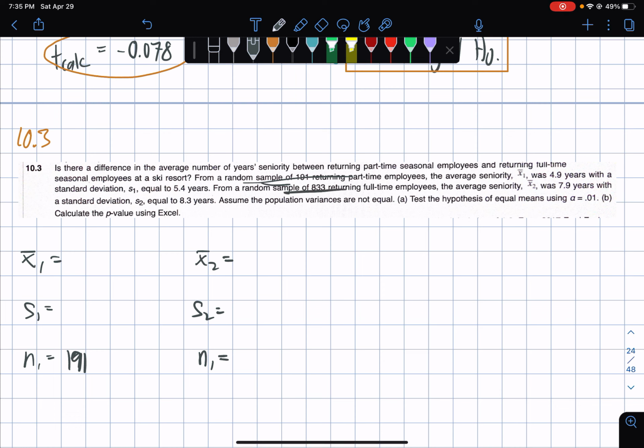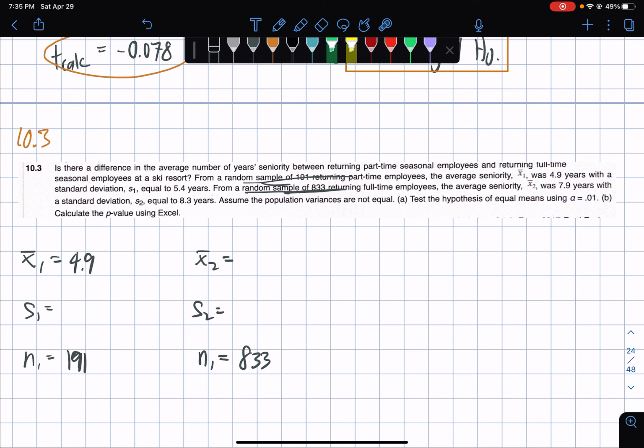N2 is 833, from the second random sample mentioned. And the average seniority, or X bar 1, was 4.9 years, with the standard deviation S1